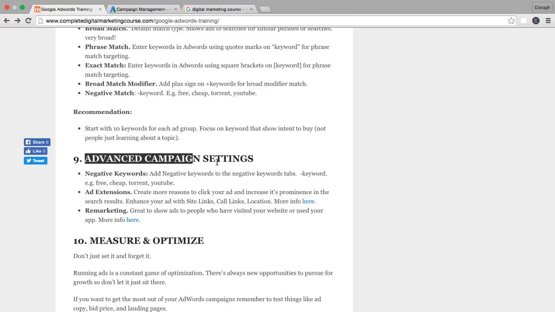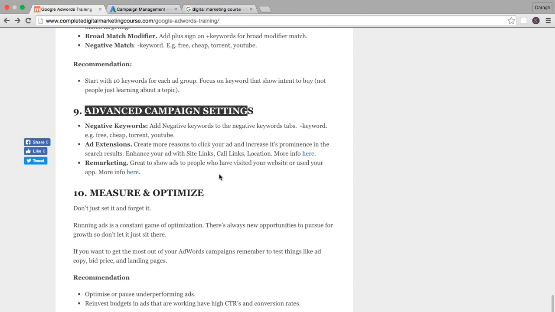All right, so that was step number 9. The final step, as always, is to measure and optimize. And I'll see you in the next lecture to recap on